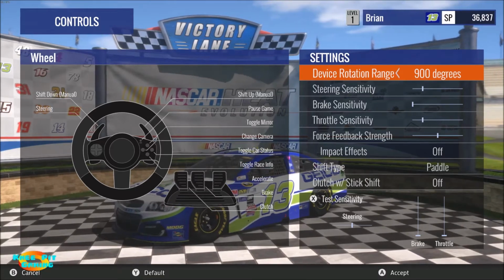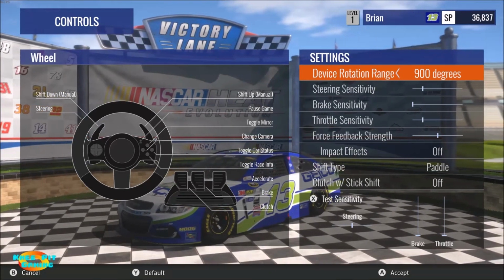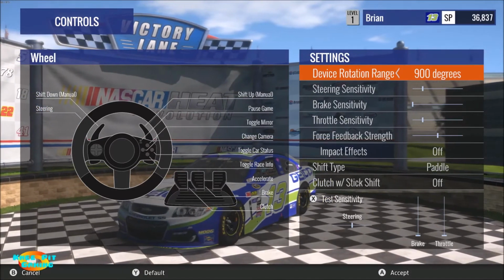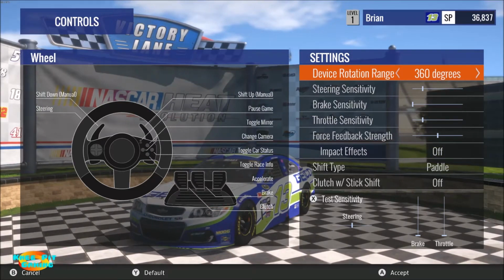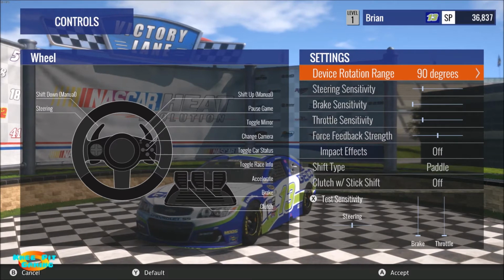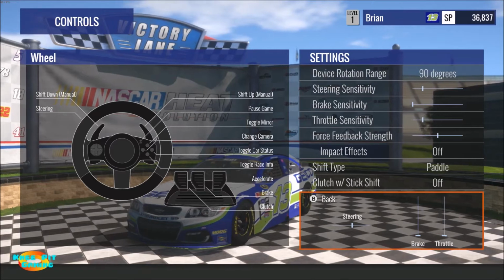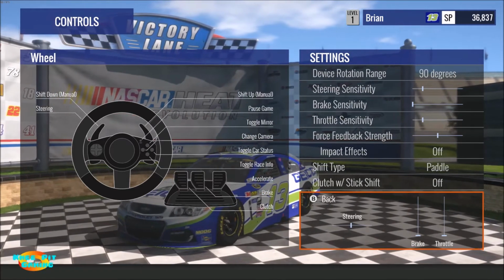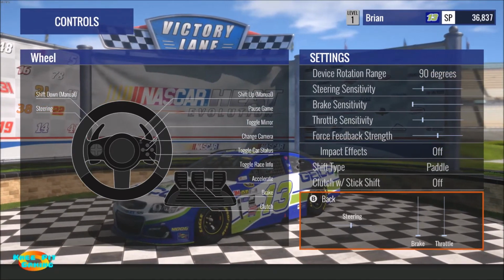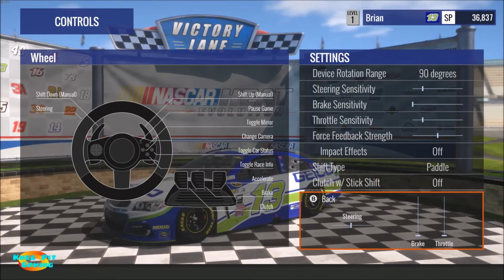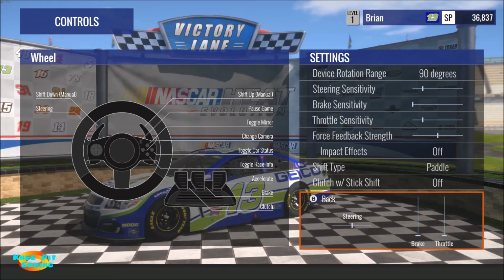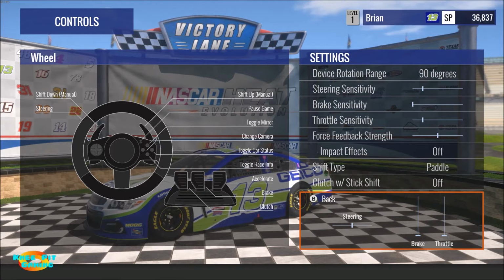So if you have a steering wheel and you're trying to use some of these setups and you find that the car is just spinning out loose and it's hard to control the car, try coming in here and simply reducing the rotation range. So let's go all the way down to the absolute minimum of 90 degrees, and we're going to test the sensitivity again. Once again, I'm going to turn the wheel 90 degrees to the left, and you can see that it is barely moving at all on that steering line. So as you can see,